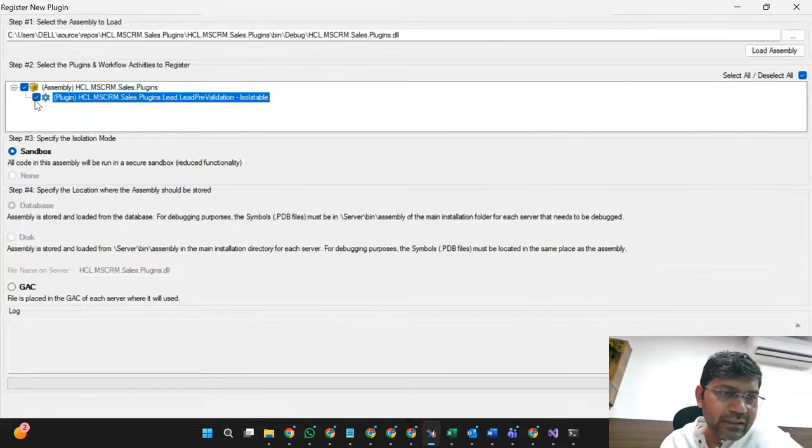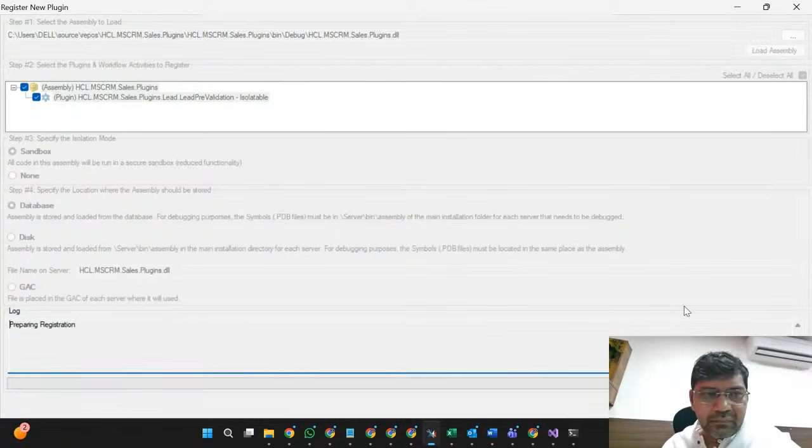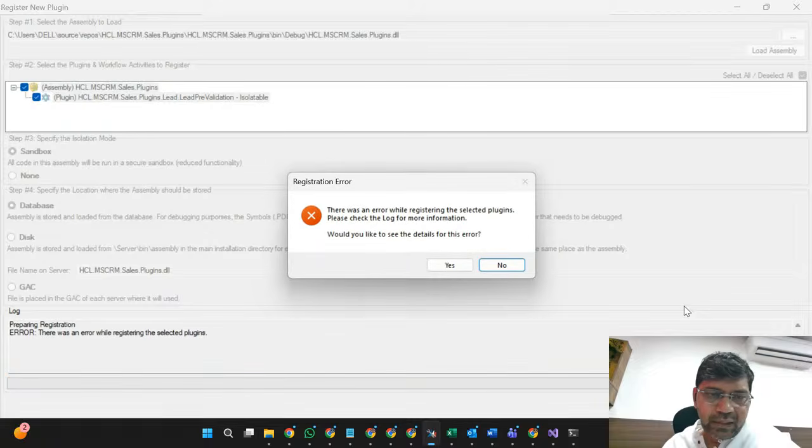If you uncheck this one, there is no plugin registered here. So just check this one and register the selected plugin. It will take some time. While selecting plugins, please check the log information.